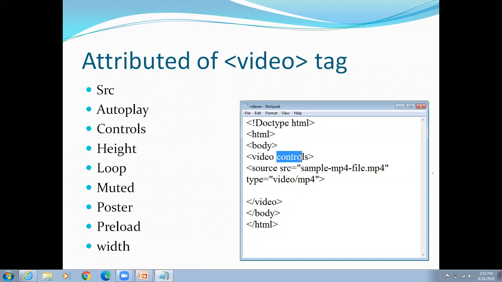Controls is an attribute of the video tag. Next, the source tag. Source tag attribute src is equal to, and here some file name is given, .mp4, and type is equal to, instead of audio we will now use video/mp4. Here the video tag is closed, body tag closed, and html tag closed.